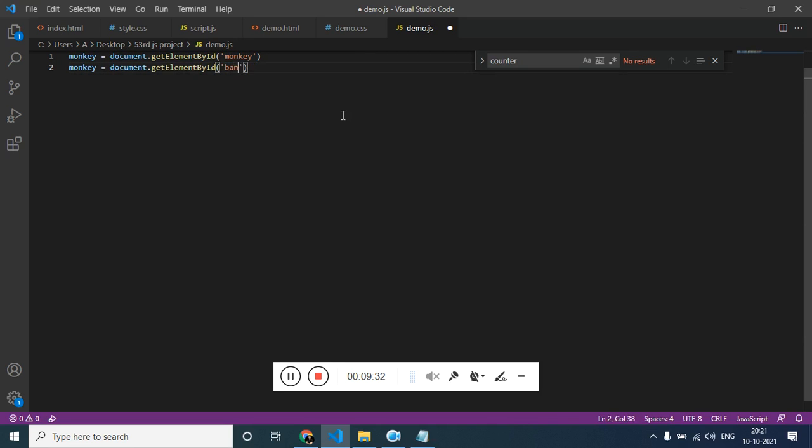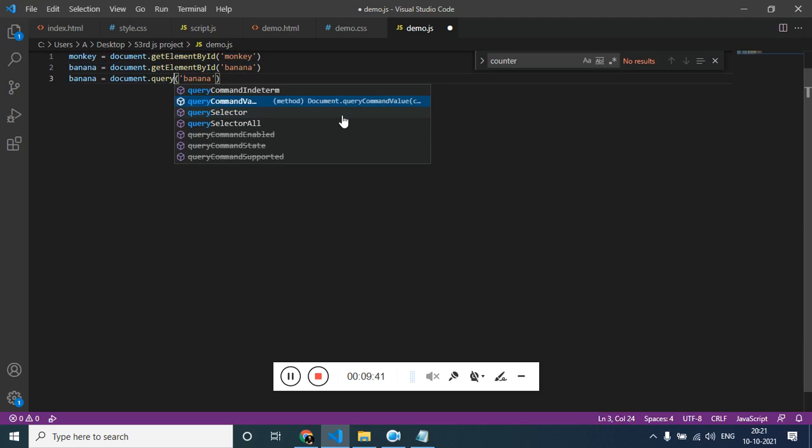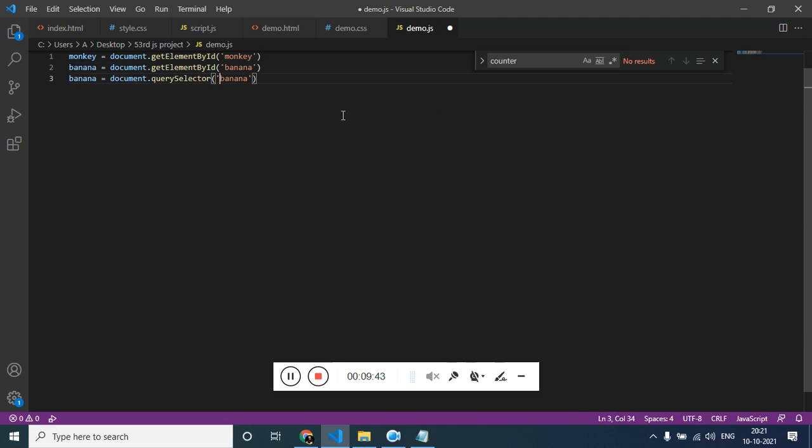It's banana, and to get the score we would be using query selector all, and inside we have to find the ID of score, and then we need to find the span inside the score. Cool. Now let's create a function moveLeft, and